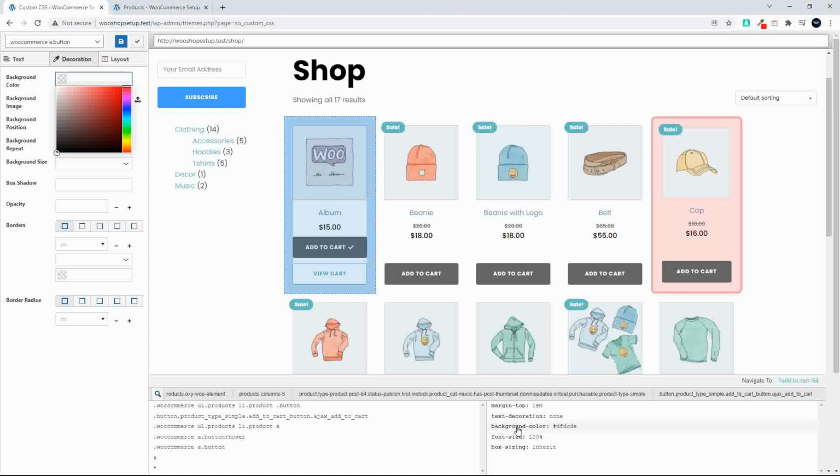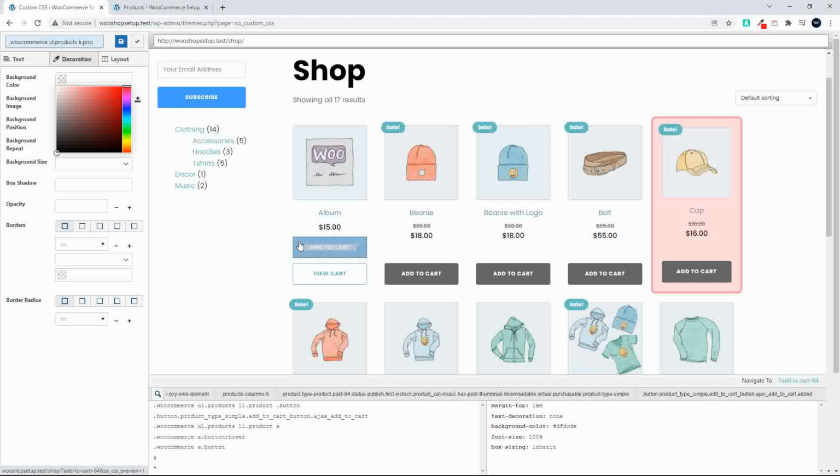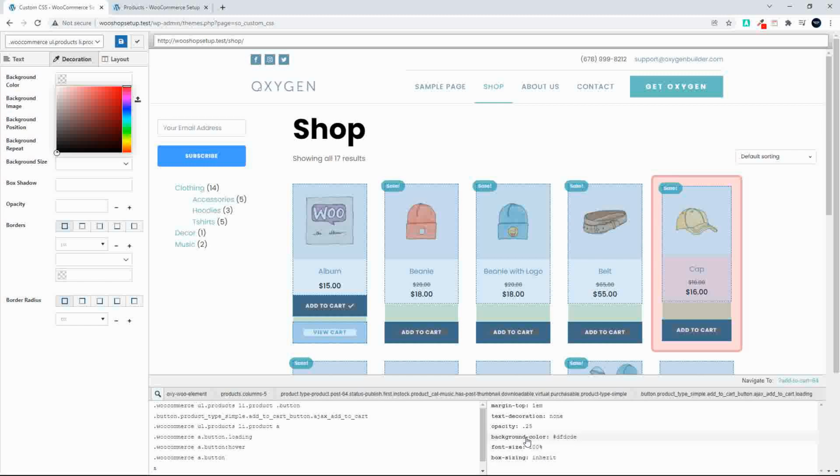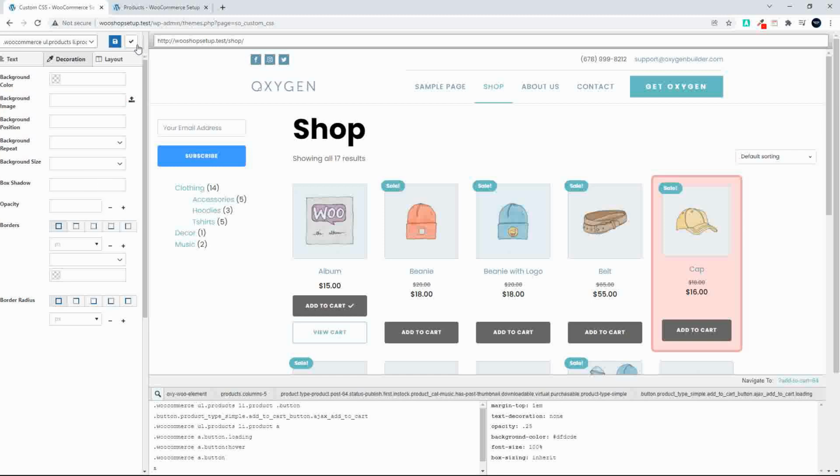But if I head over here to the background color, bear in mind that I don't want that background color. I'm going to select the button, then I'm going to select the background color. So what you'll notice now is